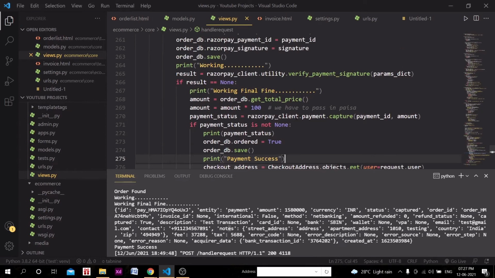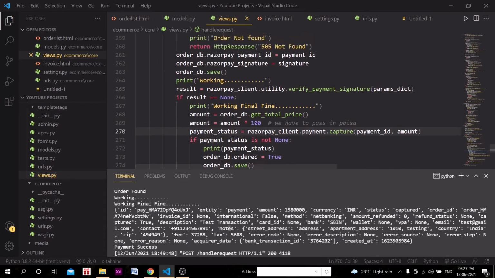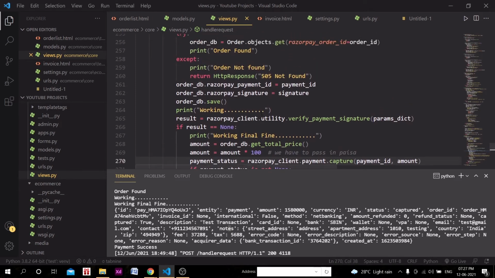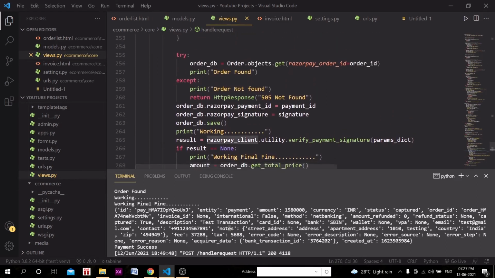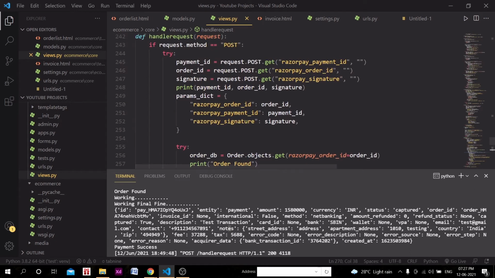Let's see how we can grab that thing. We were grabbing that payment status by the payment.capture method. So payment ID and amount was there, and where is the payment ID? So razorpay.payment ID, we are storing that thing, right?